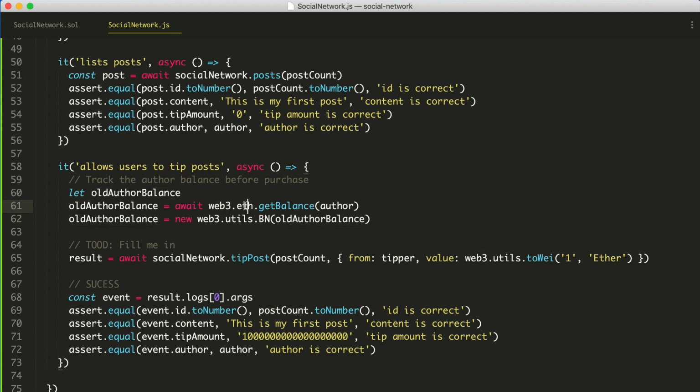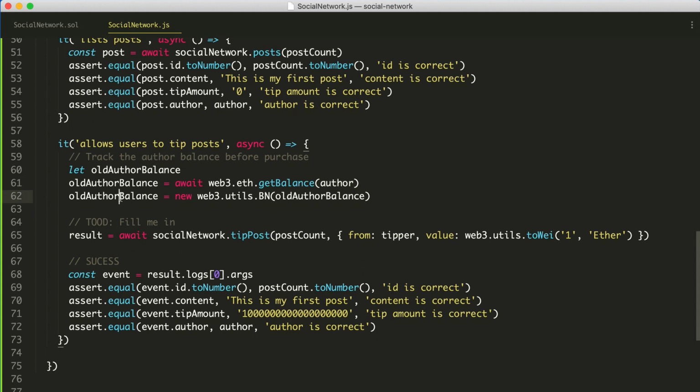All right, so let the old author balance equal this. We'll say Web3 ETH get balance. That's how you check the balance of someone's wallet, passing the author. And then we're going to convert it to a big number in JavaScript like this, Web3 utils big number, old author balance. And then what we want to do is check that the author actually received the funds